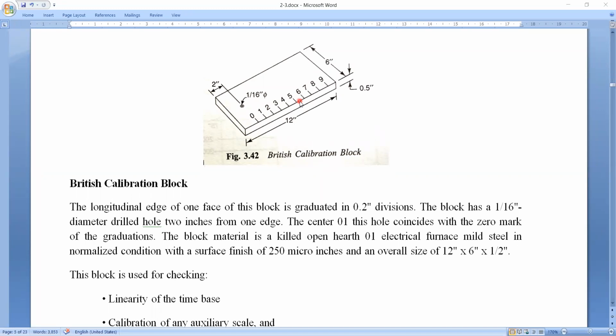Okay, this is made of mild steel. This mild steel block is normalized. That means we are conducting normalizing, which is a heat treatment process, for better properties of the material. We are testing this block under that equipment. Based on the results, we can compare these results with our testing.